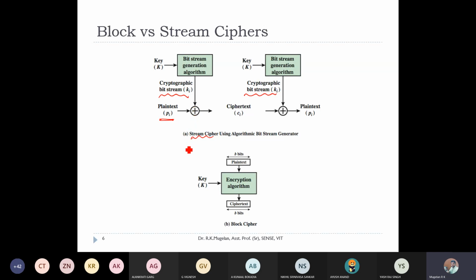Whereas if we go for a block cipher, I'll be using the same key called K for n number of blocks. The block size may vary, but whatever the size of block may be, I'll be using the same key called K for each and every block to get the ciphertext. So this is a brief introduction, or just me brushing up what we just discussed in our module 1.